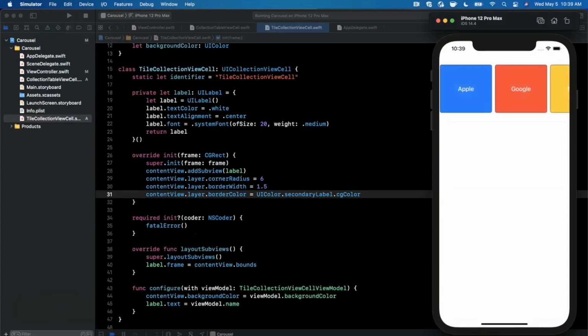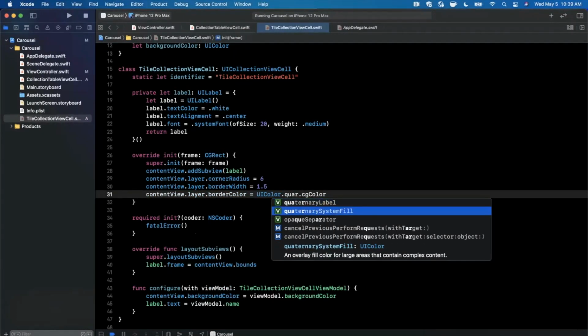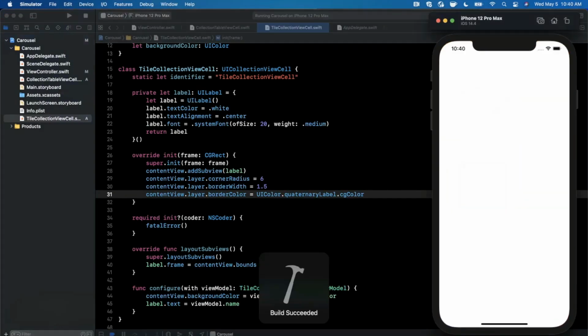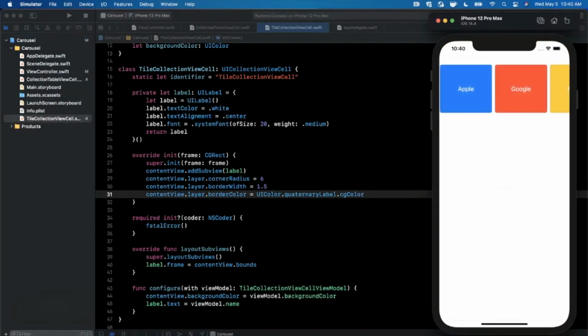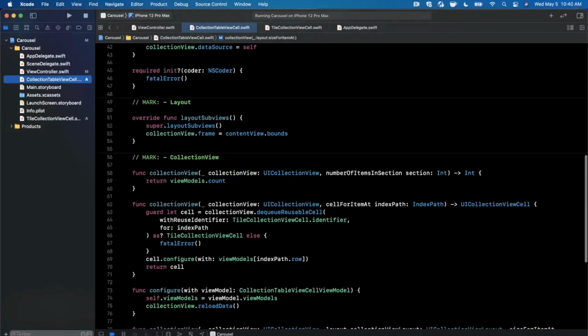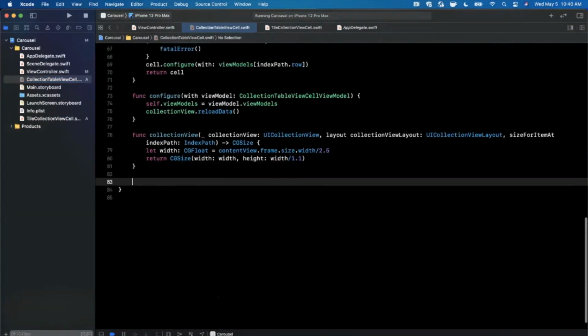So if you go ahead and give it a run, maybe it's a little too heavy actually. So what we could probably do is use the quaternary label, which will be even lighter. So let's go ahead and give that a run. And I think that's looking a little better. And it's nice and rounded now, not as pointy of corners. Let's take a look at how we can actually tap on these collection view cells and get the results back to our controller. Now, a collection view cell delegate back in our table view cell, we can conform and call